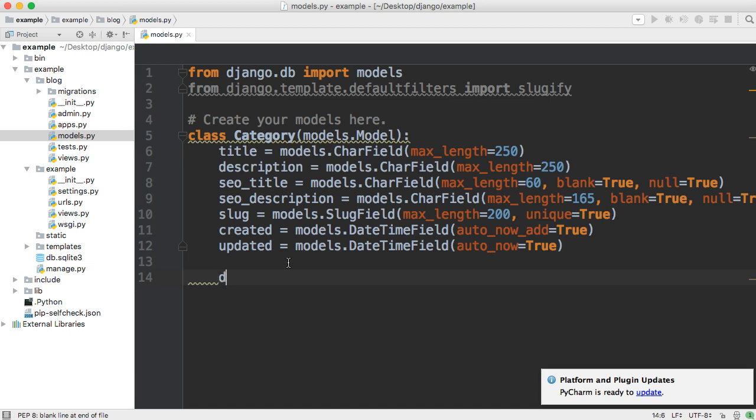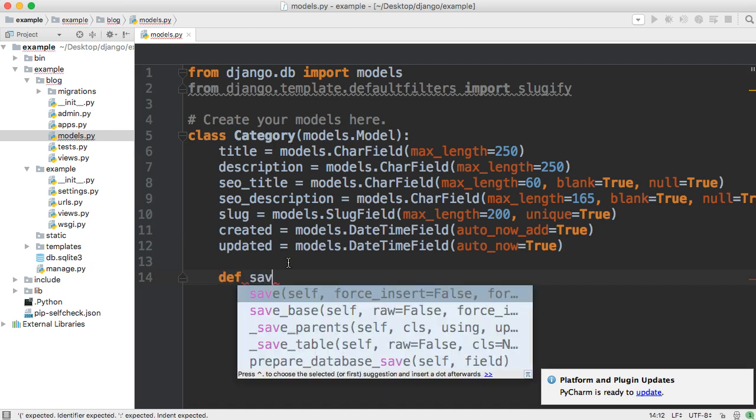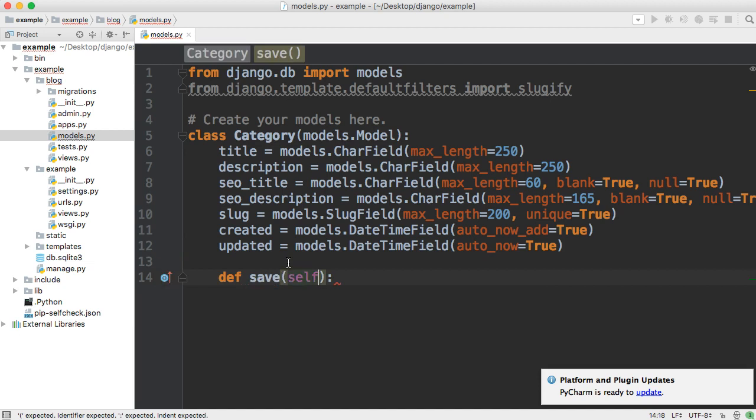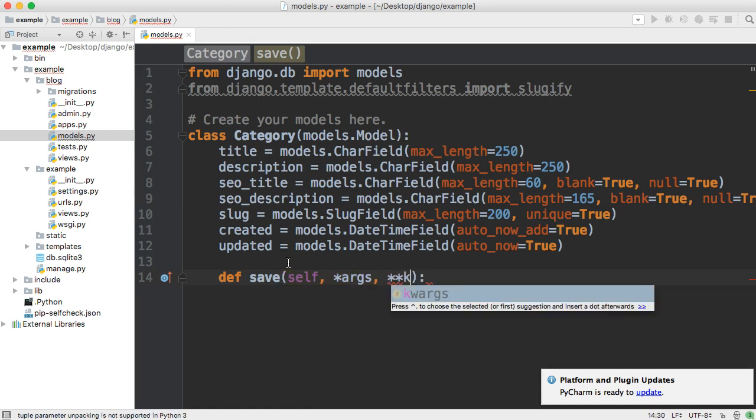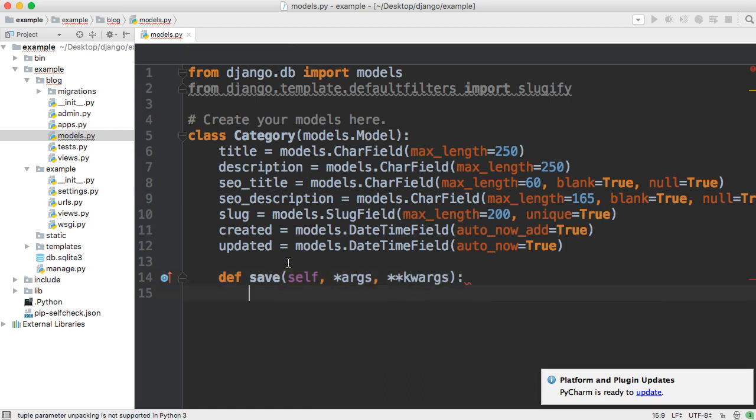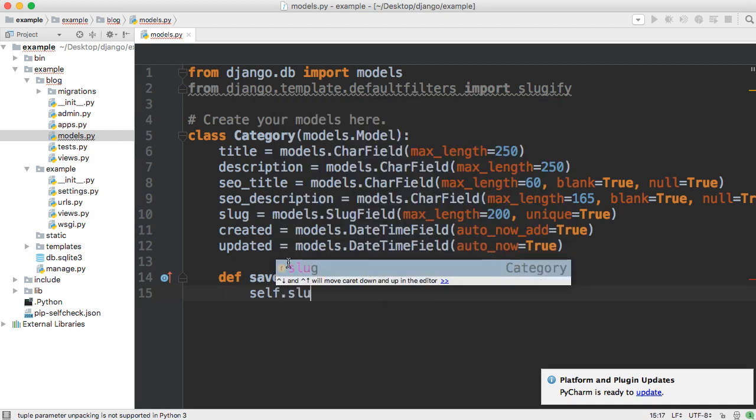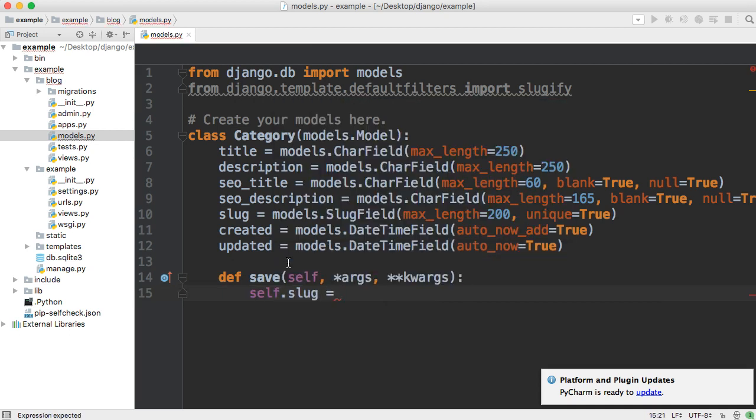So we're going to create a new method and call it save. It's going to take self, and then args and keyword args like this. Then we're going to say self.slug is equal to slugify of